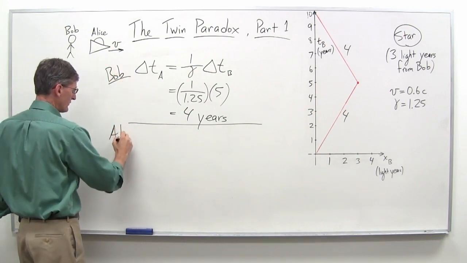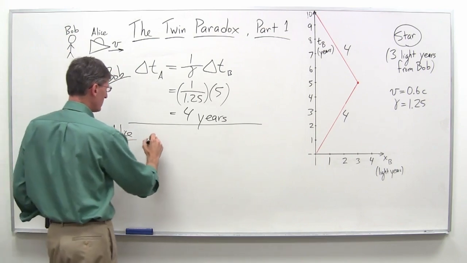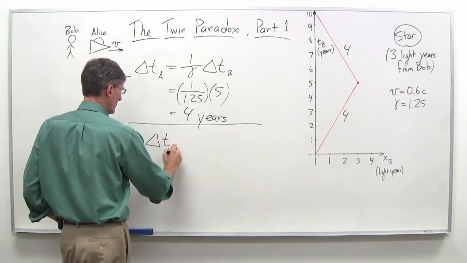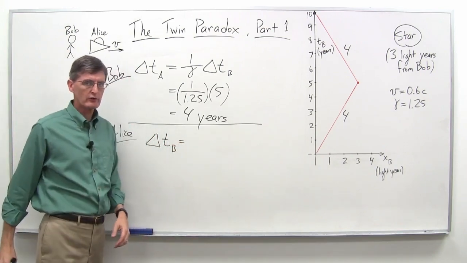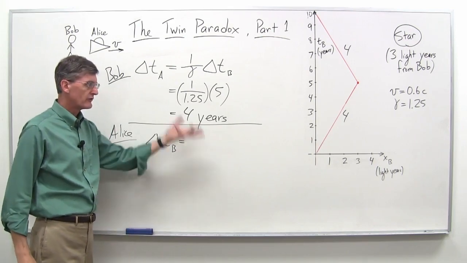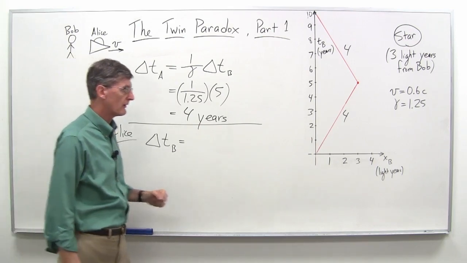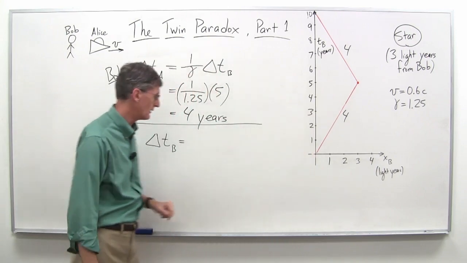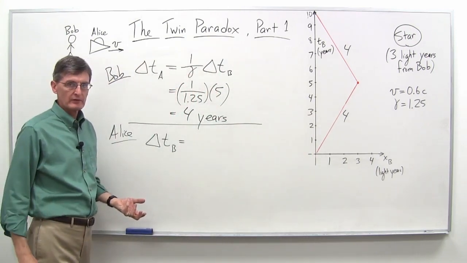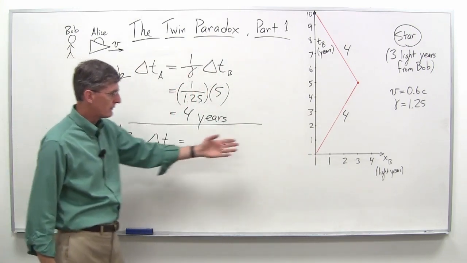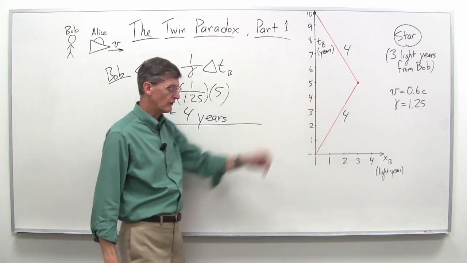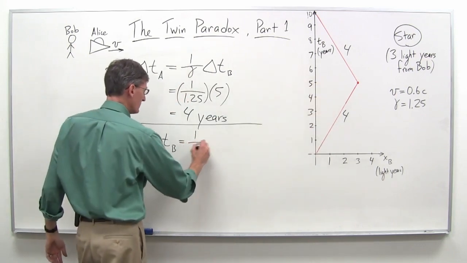And then if we do Alice's analysis, she'll say, well, from my perspective, your clocks, Bob, are ticking more slowly than mine. My clock's ticked off 4 years. We both agree on that because that's what my clock read when I got there. But I see your clocks ticking more slowly during my trip out there. If I do comparisons along the way, I see them actually doing 1 over gamma